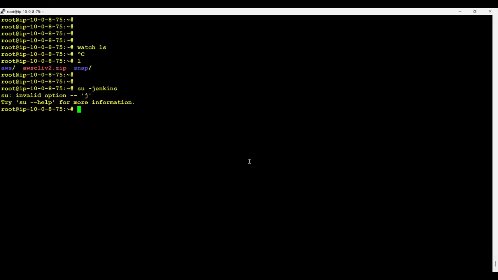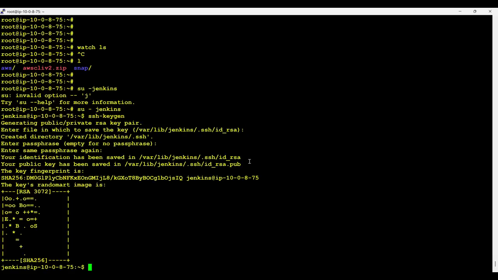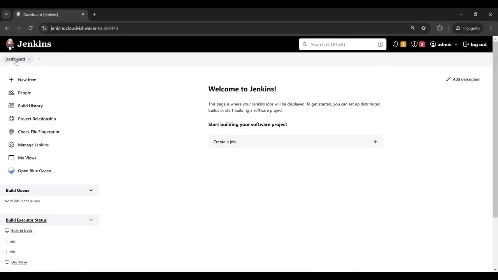su jenkins. See, we are in the Jenkins now. Just run ssh-keygen, enter, enter, enter, enter. On the Jenkins server, you're going to copy the private key here, but just go back to the Jenkins server dashboard, manage Jenkins,